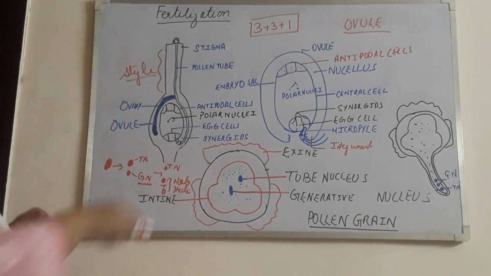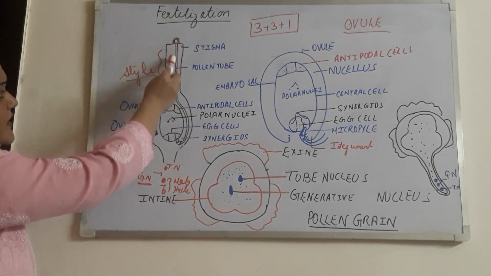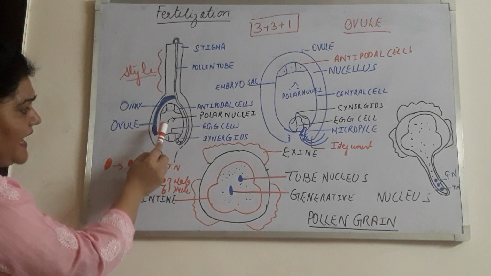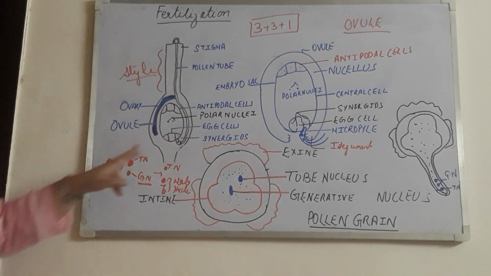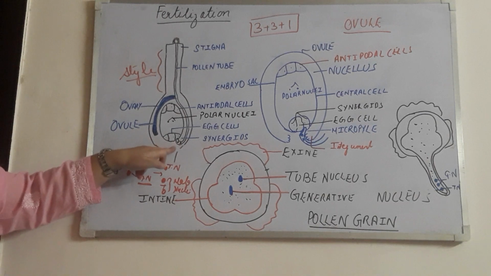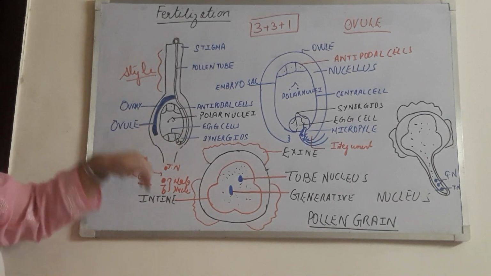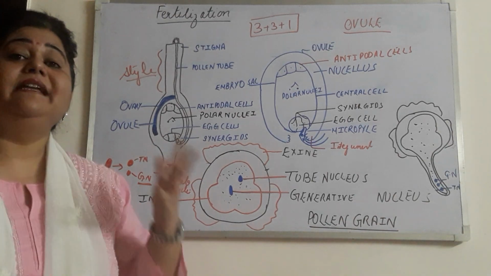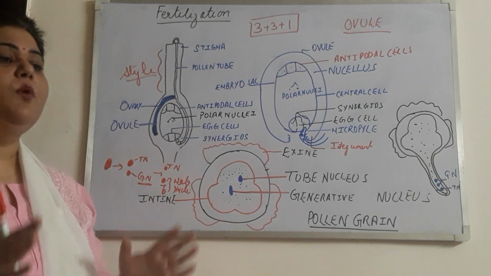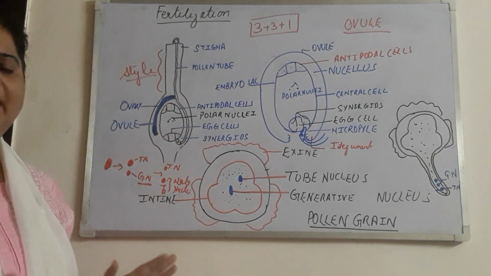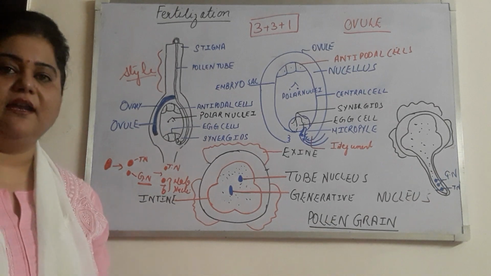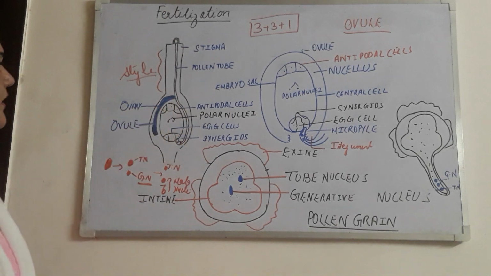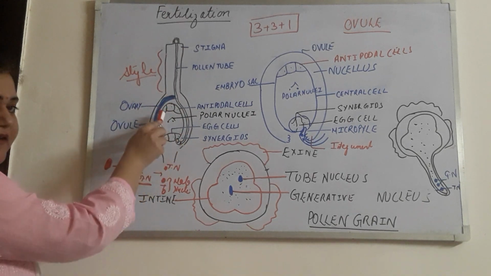Alright. Now, here you can see that the pollen tube has reached the micropylar end, and now it has entered inside the micropyle. Now here you can see I have made only 2 nuclei. These 2 nuclei are male nuclei. And what happened to the tube nucleus? Where has it gone? It has disintegrated. Why? Because its work was only to form the pollen tube and to produce enzymes. Now its work is done because this pollen tube has already entered inside this embryo sac. Okay, this is known as the embryo sac. It has entered inside it.